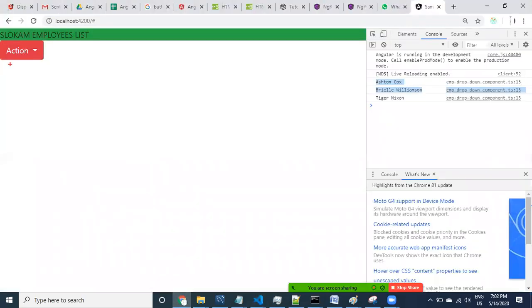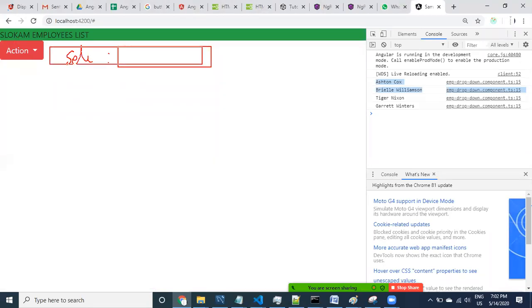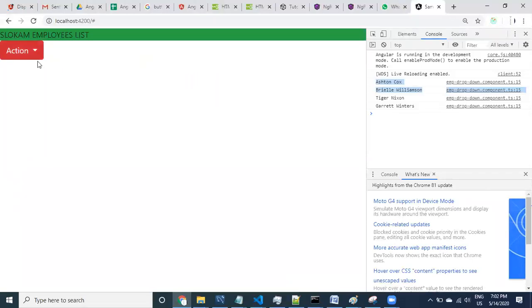If the user selects this one, I want to display the selected information, like the selected name, here in the browser itself. Here I am displaying it in the console. Previously I displayed it in the alert box, but now I would like to display it next to this drop down. I would like to display the selected employee like this.